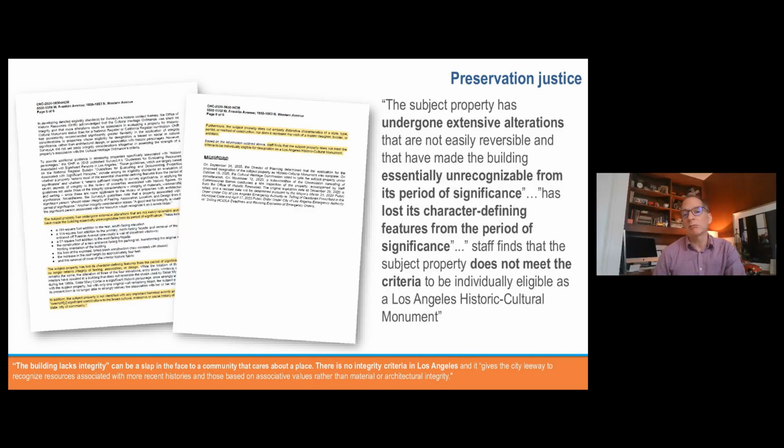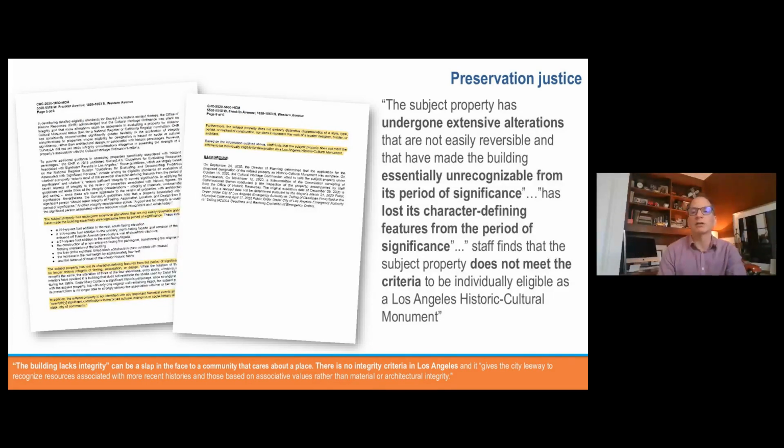As many staff do, in terms of looking at the preservation standards and the seven aspects of integrity, you would be drawn to conclude that based on extensive alterations, this building has lost character-defining features, it does not meet the criteria, and therefore it's not eligible for local landmarking status.